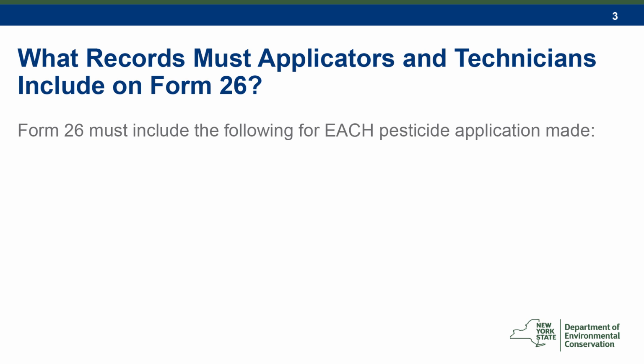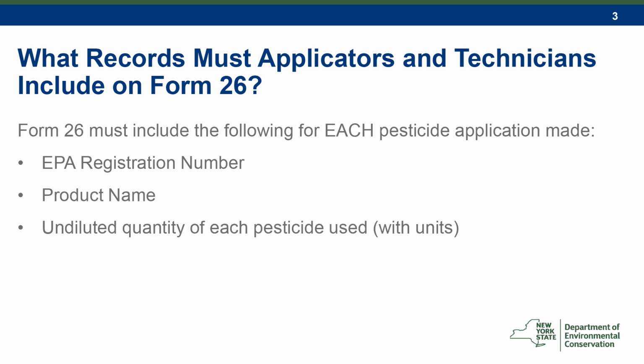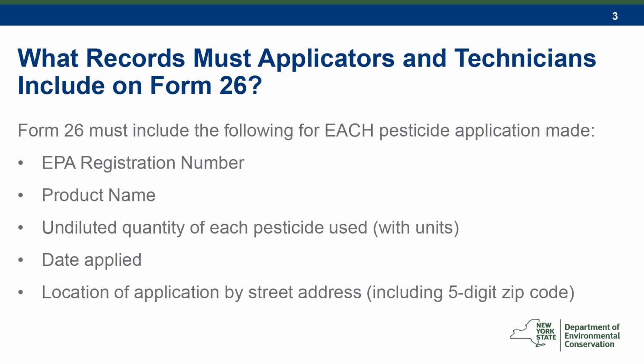they make: EPA registration number, product name, the undiluted quantity of each pesticide used, including units of measurement, date applied, and the location of application by street address, including the 5-digit zip code. If a product you used does not have an EPA registration number on its packaging, please do not include it